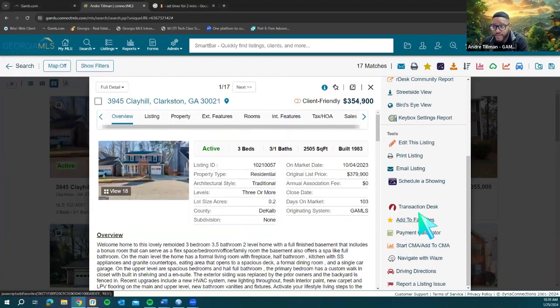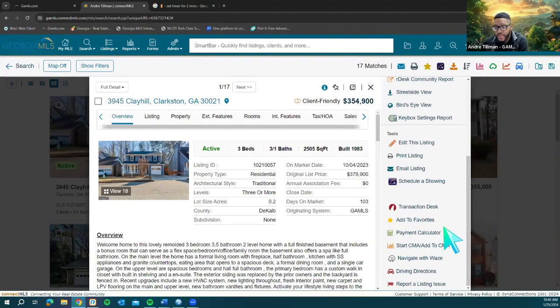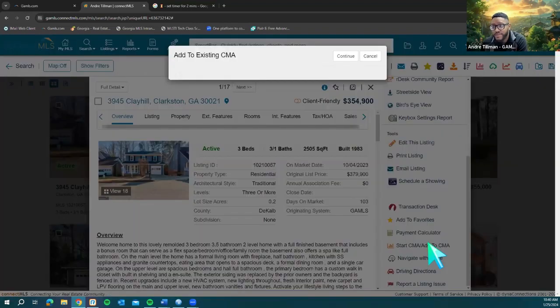You can add any time when you're doing a search, you can add them to your favorites along the way. So if you click on add to favorites, you can add it to a folder that you want to use if you want to ever refer back to your favorites. You can start a CMA from one of the properties here,